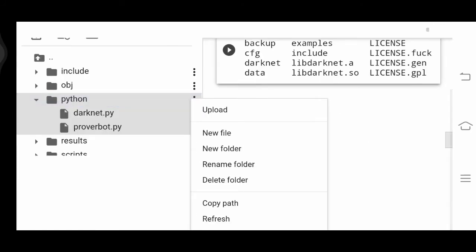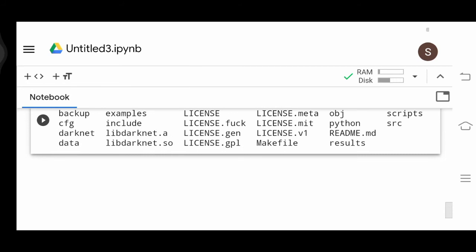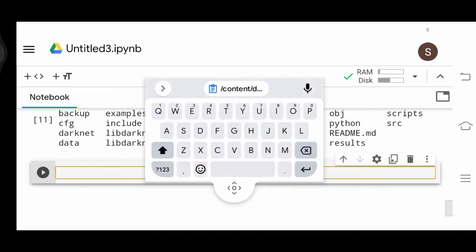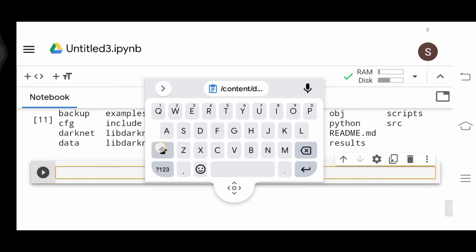So now copy path. Now you just close this and get here. Type in this manner.